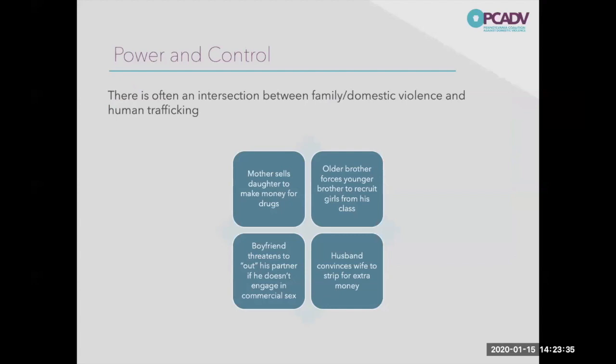And perhaps this is because mom was recruited when she was young and she's been engaged in trafficking in one way or another. And now she has a daughter, mom's addicted to drugs. She's not able to engage in that, or she's not attracting individuals to pay for sex in the way that she used to, but now she has a daughter, and the daughter is now being recruited and turned out to make money for drugs. And that's terrible to think about, but often quite common.